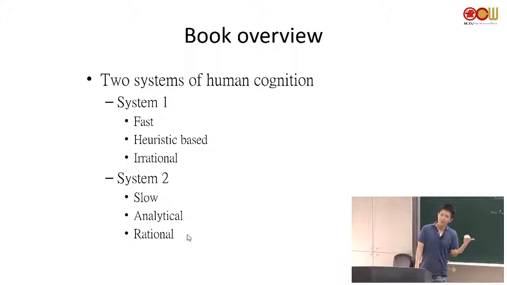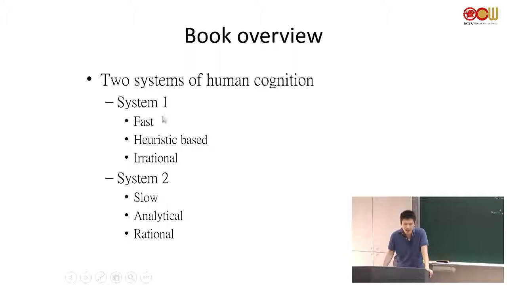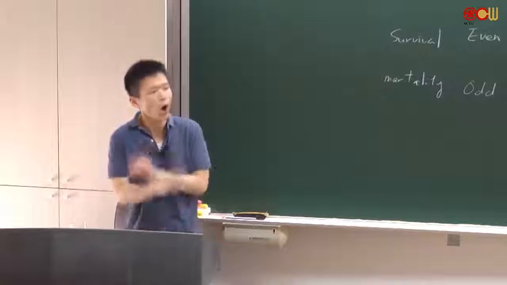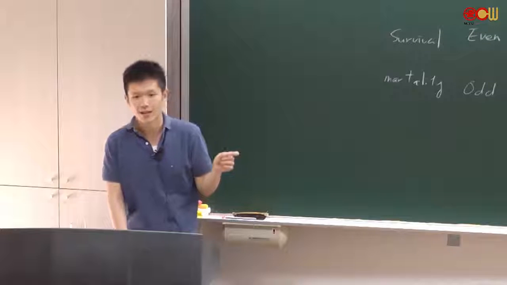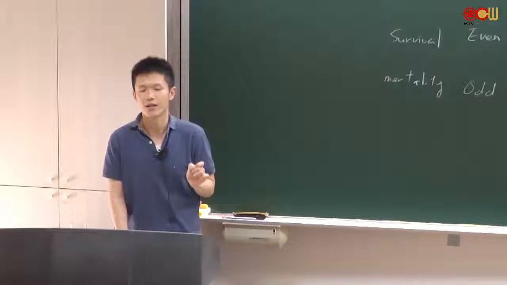But unfortunately, you are not always relying on your System 2. Sometimes, although System 2 contains a lot of information, it's so slow. So when you are facing a danger, probably you don't have time to really analyze the situation. Then you have to rely on your System 1. But unfortunately, System 1 sometimes is not very rational. And it relies more on heuristics. Okay? And basically the whole book of Thinking, Fast and Slow is talking about System 1, okay? Which is relatively unexplored.